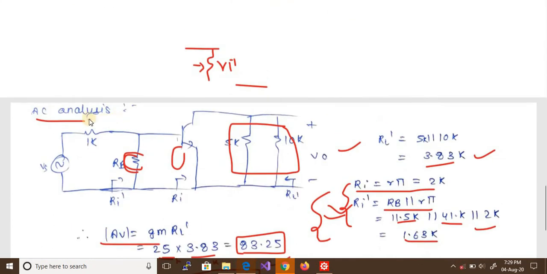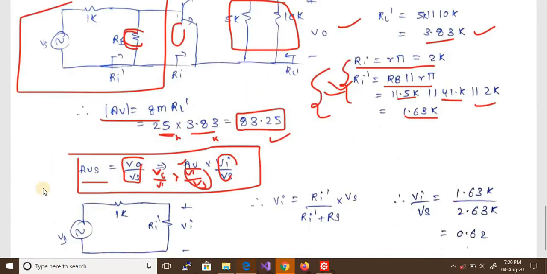For this we are going to use the input side. As we have already seen in our previous video, in which I showed you how to calculate your voltage gain and which resistance you need to take care of, I guess now you will be more familiar with finding this AVS. If you use this circuit you will get VS, this 1K resistance, and now you use this Ri dash, basically the resistance which is very close to this RS. This is the virtual resistance, not a physical resistance, so take note of it.